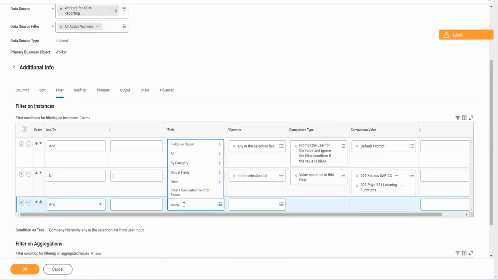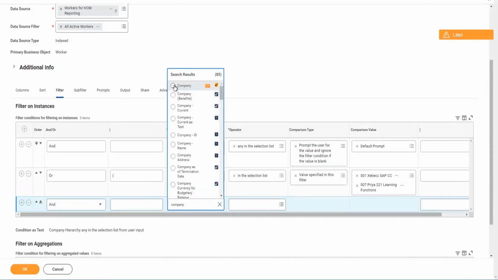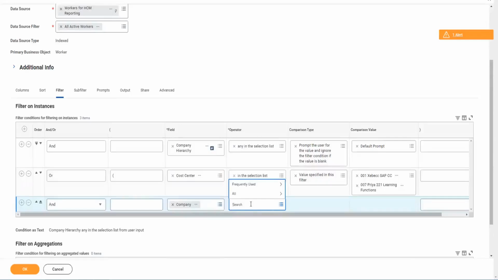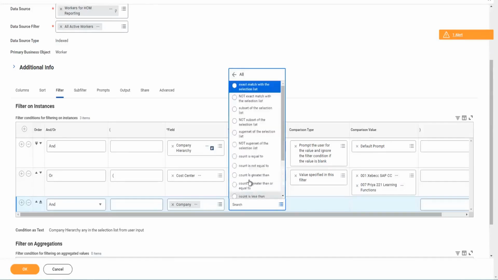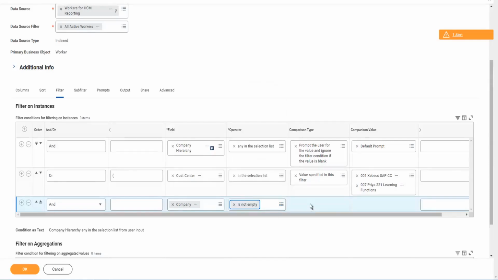So let's say I choose company. Again, it's a single instance field. In this selection, or if you want, you can compare it with any other operators. If you want to say, is not empty. And I will put a bracket here now, so this is like a query. So here what will happen? My condition will be checked if the worker is part of this company hierarchy,